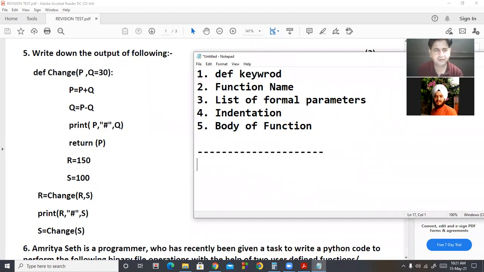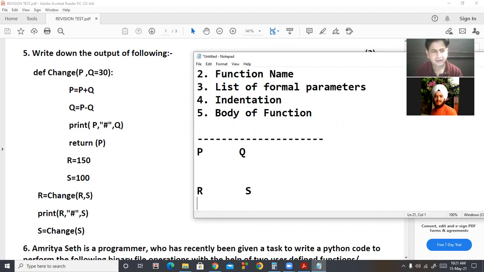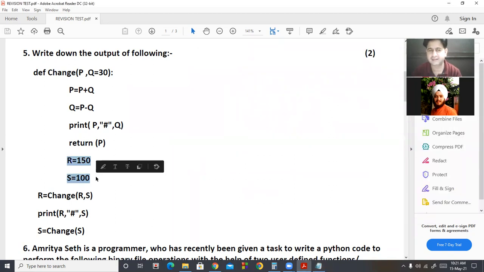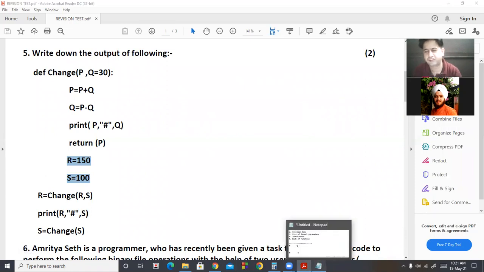We have formal parameters P and Q, actual parameters R and S, and there is one problem here. R and S, these are private variables, so there will be error, so we will have to remove this error. We will have to place these two outside the body of the function.